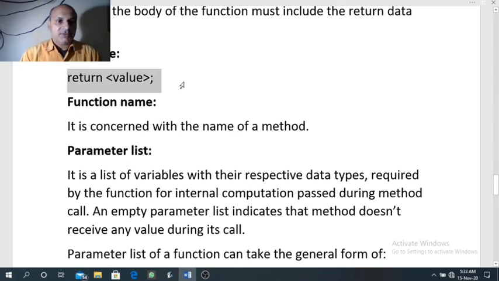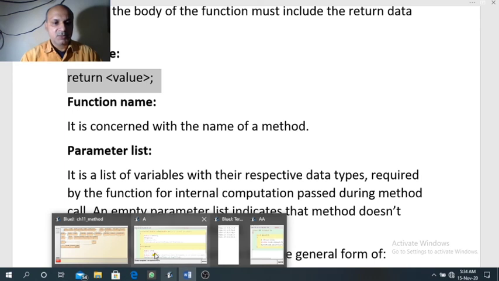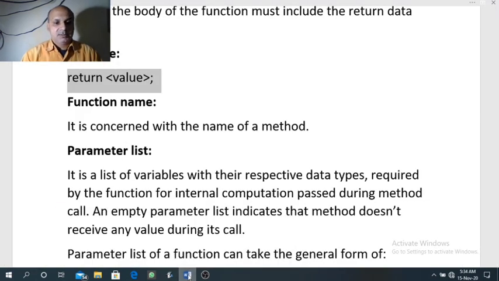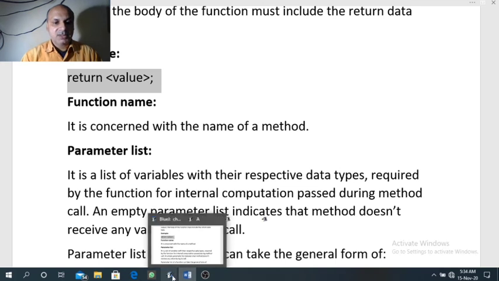In the end of the function block, we need to write a return statement where return is a keyword. After that, space, then we can mention a value which we want to return. This example I have already shown to you. See once more how to use the return statement.